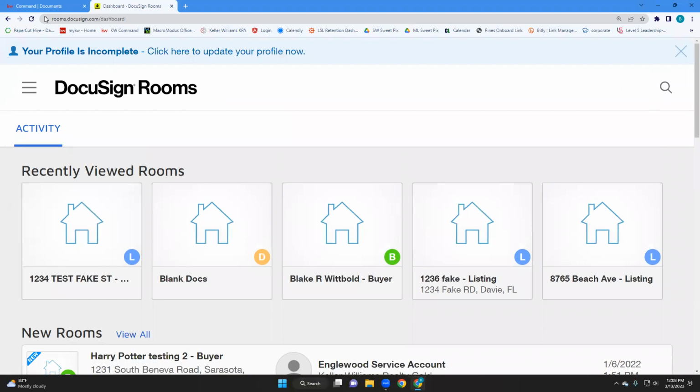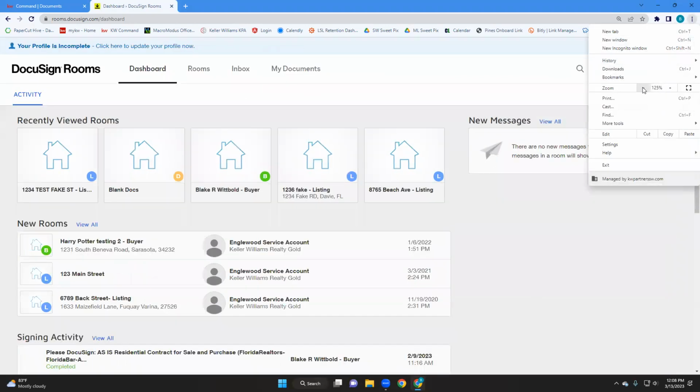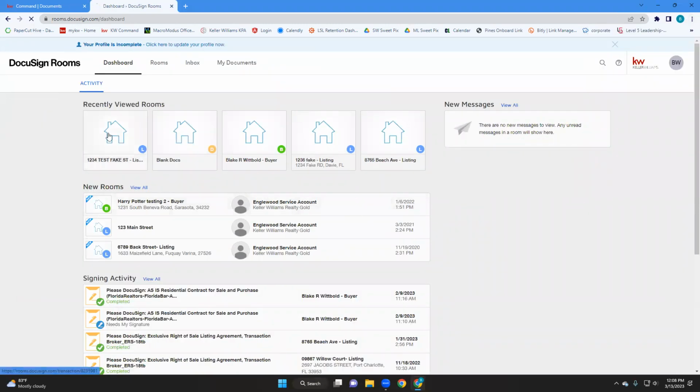For some reason, why is this? That's. Oh, rooms. Yeah,